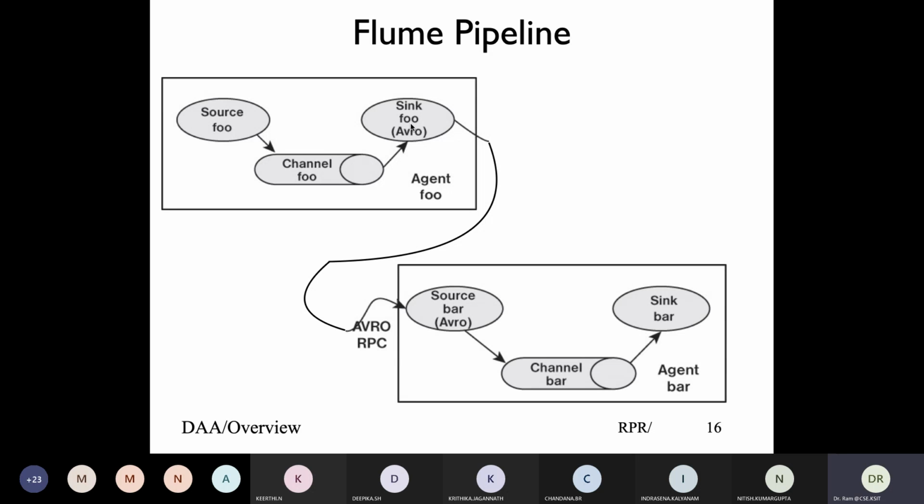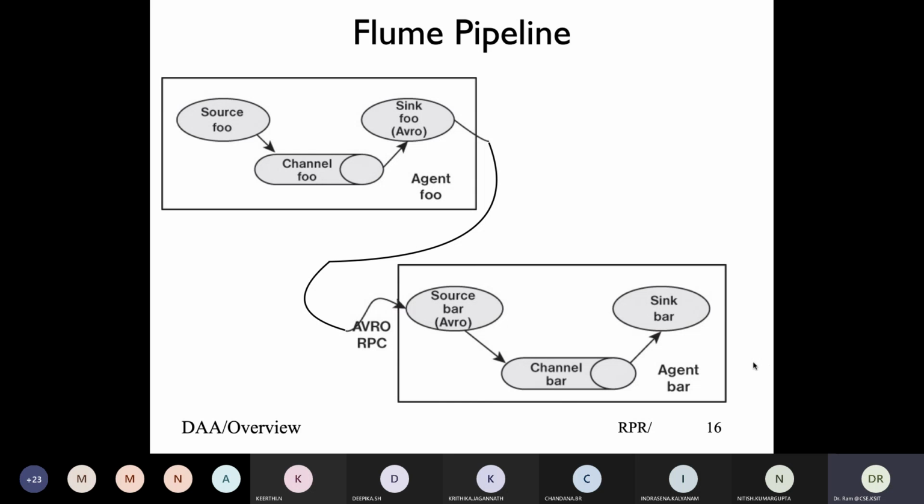When data goes from one sink to the source of another Flume agent, they follow a particular data format, which is serialized at the time of writing and deserialized at the time of reading. This format is called Avro format, and you'll see Avro call and even Avro remote procedure call. Basically, the sink could be invoking an RPC call and writing into the source of the flow.